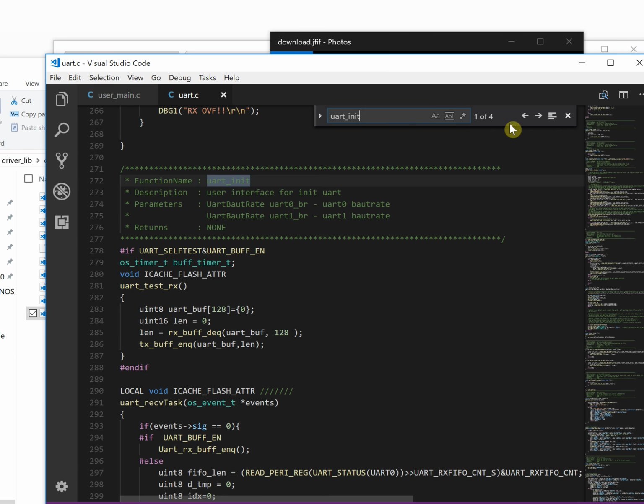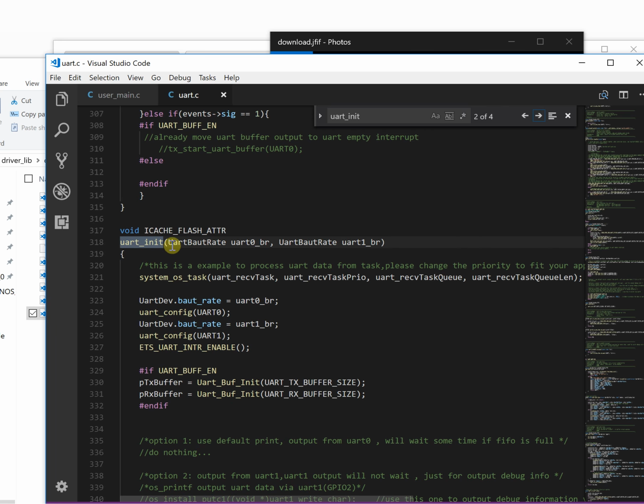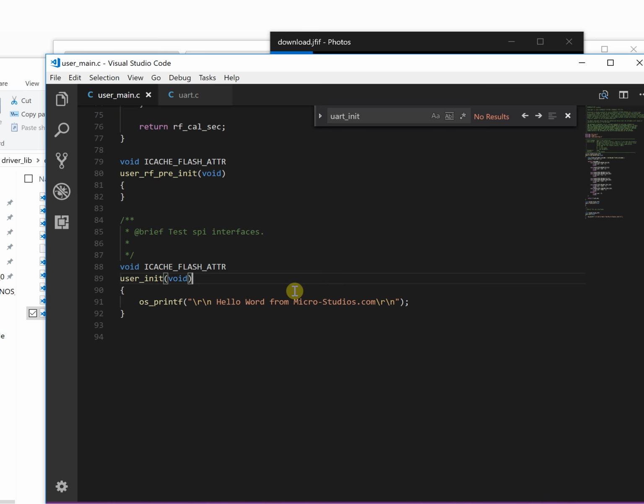Yeah, that's it. So this is UART init, initialize the baud rate for the UART. Okay. So what we need to do, the first thing is, okay, we copy it. We change it here. So we change the baud rate, 112520, and okay. So now we change the baud rate, and so next step we need to